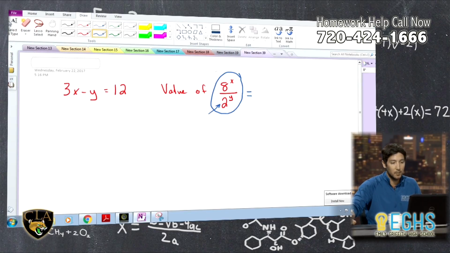Yeah. So think about, this is always a tricky idea to teach. Oh gosh, 8, I know. Yeah, 8, how could you write 8 with a base of 2? So what we're asking is 2 to the power of what is 8? And that would be 2 to the power of 3. And this is kind of another thing,